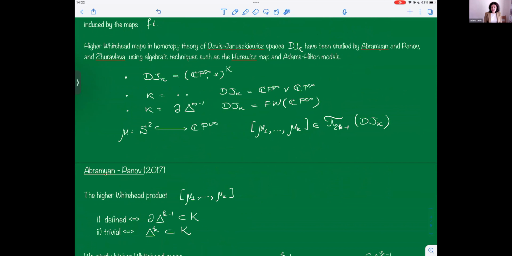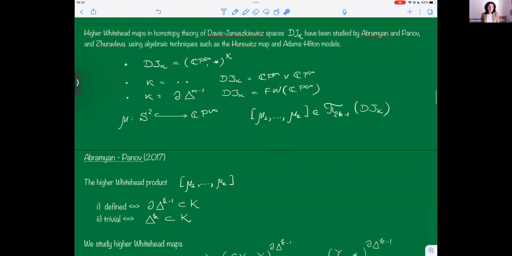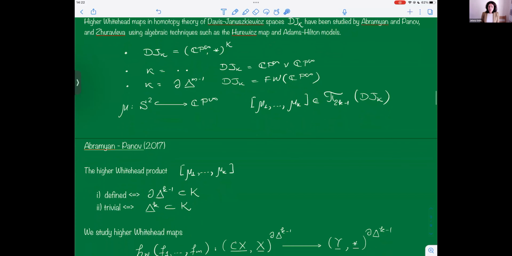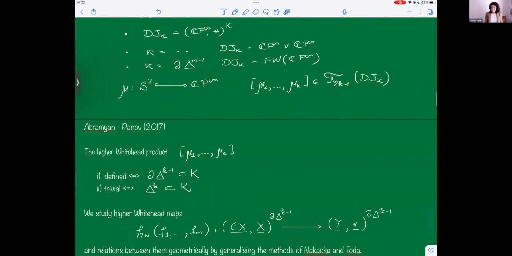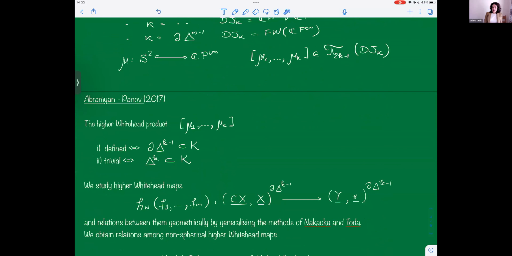So obviously then a high Whitehead product of, say, mu1 to muk of k such inclusions would be sitting in the 2k minus 1 dimensional homotopy groups of the Davis-Januszkiewicz space. And Semyonov and Taras showed in 2017 that there is a very nice combinatorial criterion